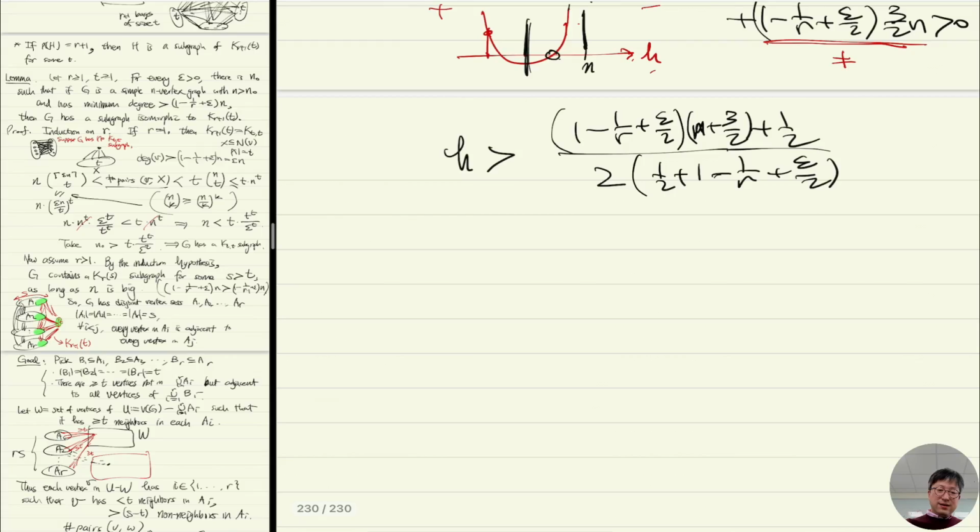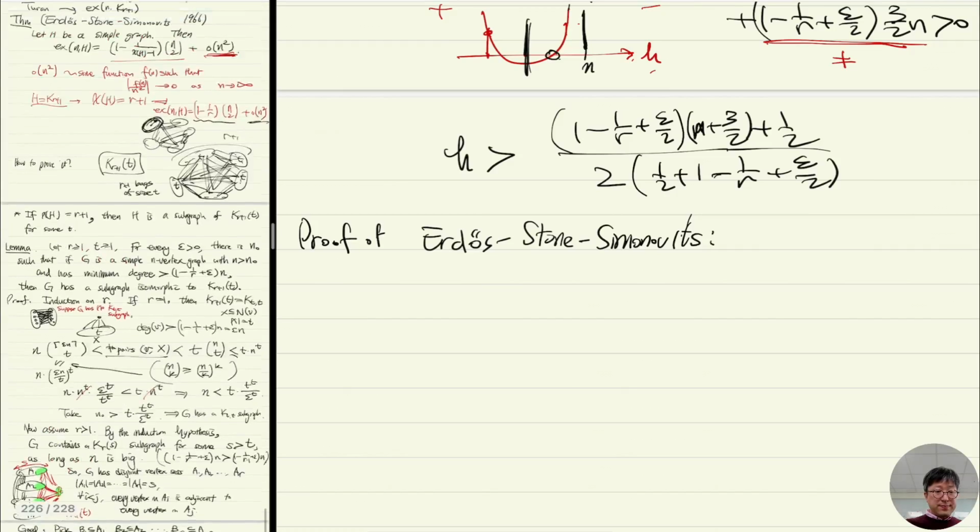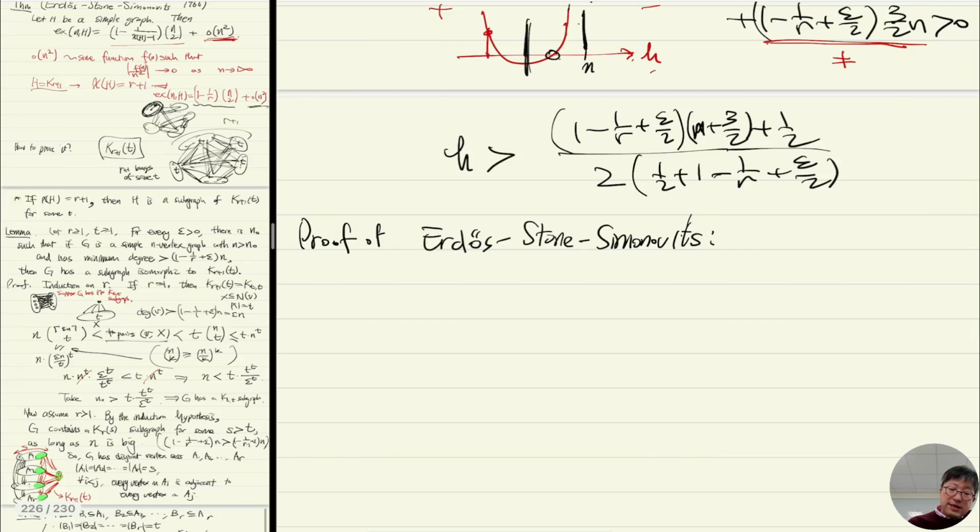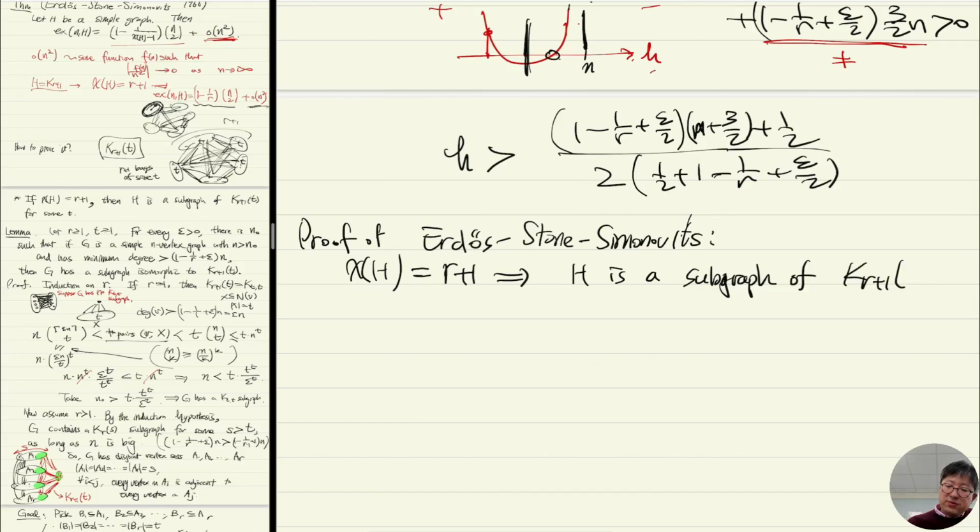Now finally, let's prove the Erdős-Stone-Simonovits theorem. Okay. Now it's easy. If H's chromatic number is r plus 1, then H is a subgraph of K_{r+1}(t) for some t. So that means the maximum number of edges in a graph without H